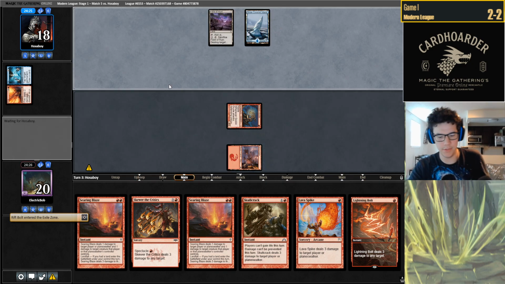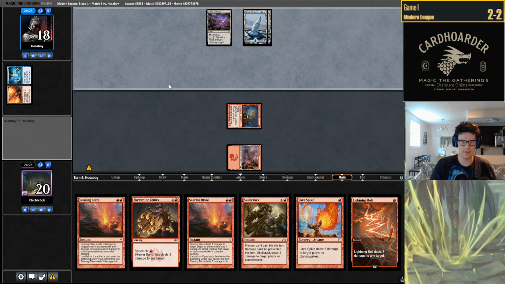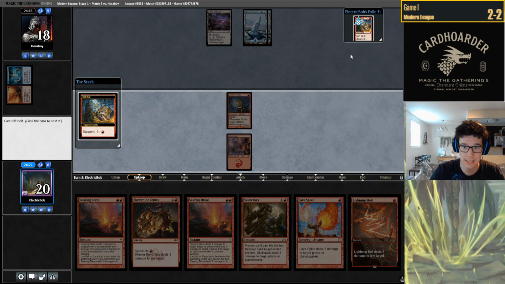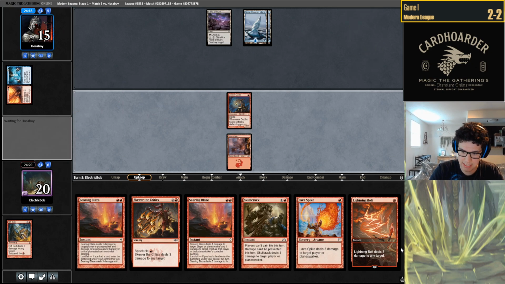Alright, this cat needs to move. You're the reason I haven't drawn a land. You're the reason. I blame you. Alright, it looks like they don't have white, and I'd assume they're at least Jeskai. So I would...